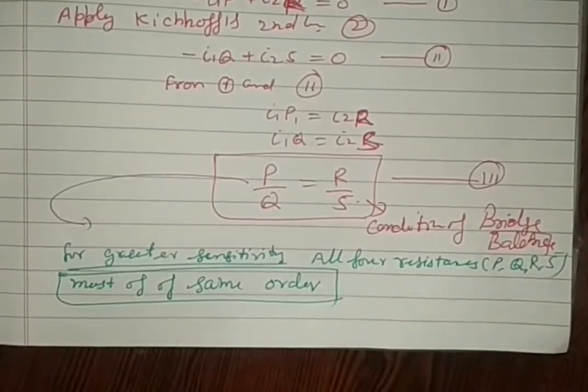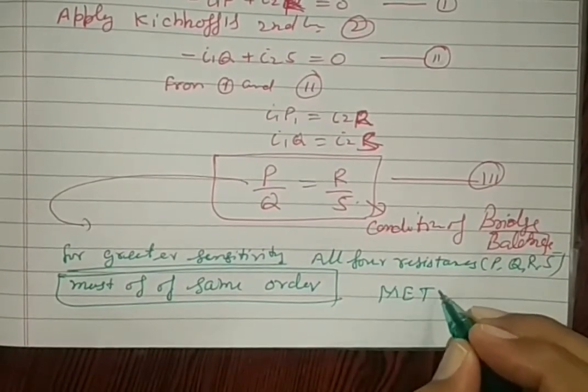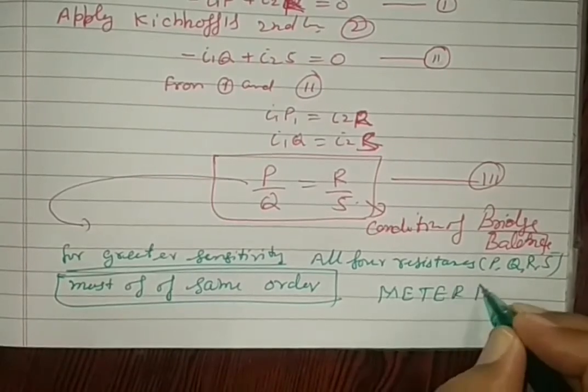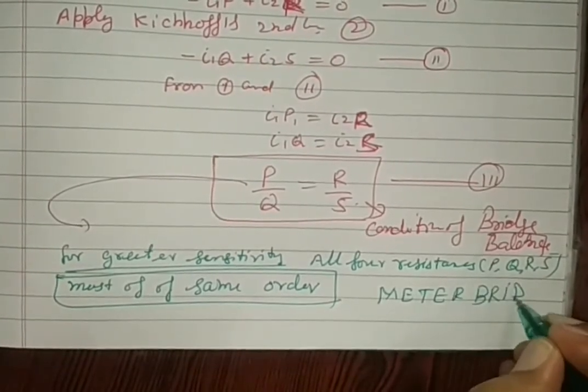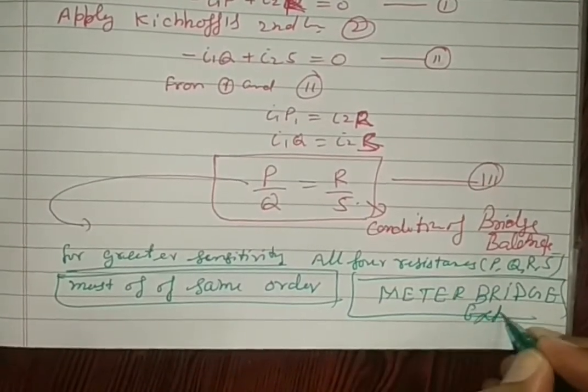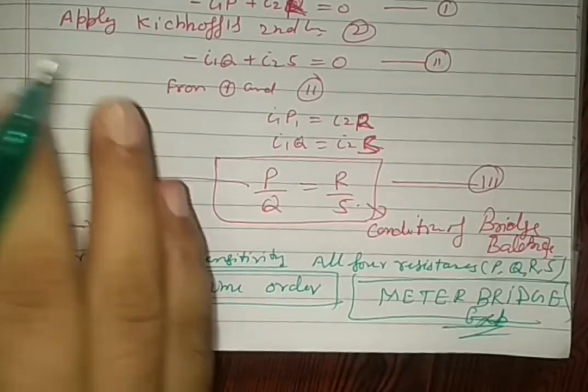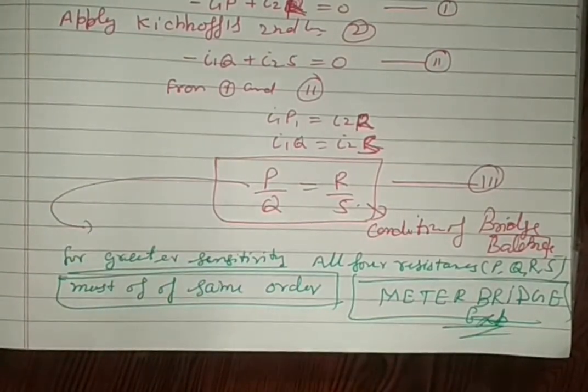The meter bridge experiment is based on this. The meter bridge experiment is based on the Wheatstone bridge, in which we obtain the resistance of a wire by applying the